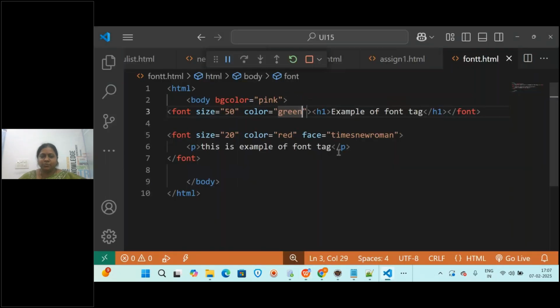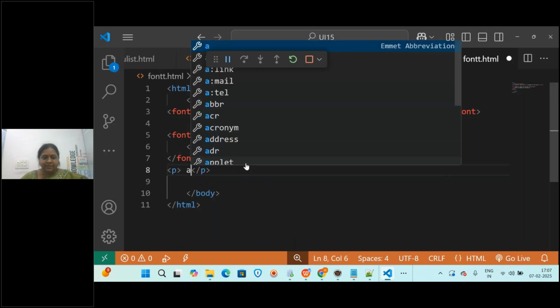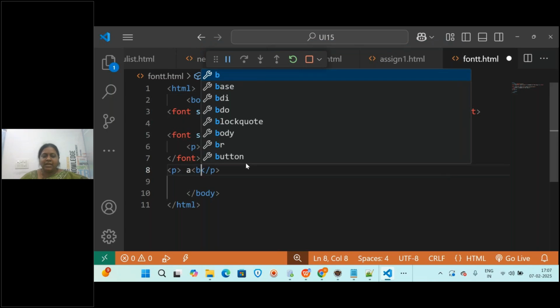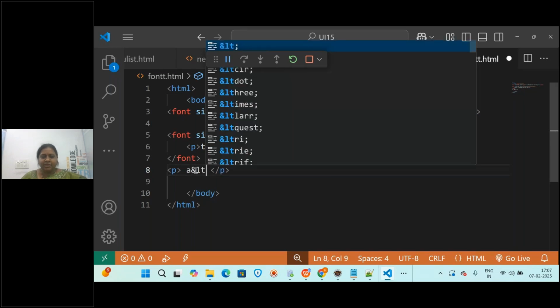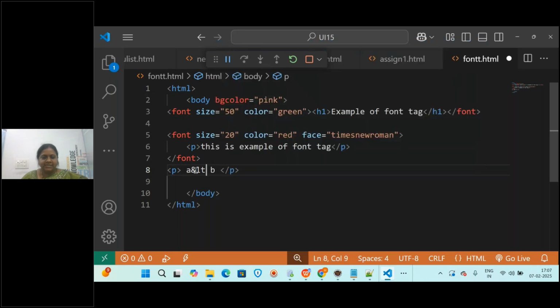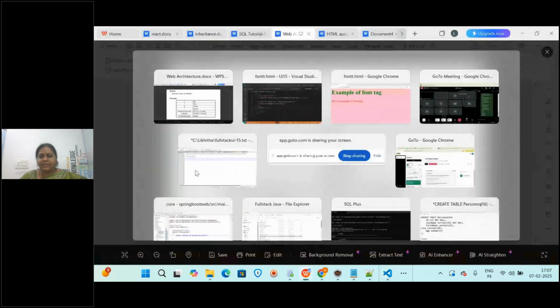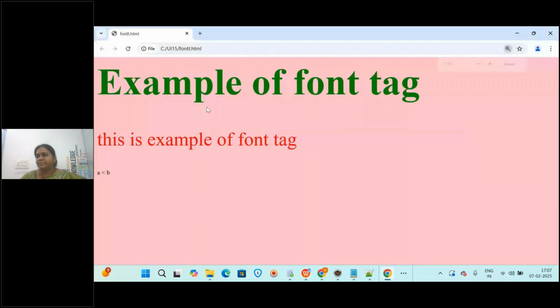Suppose you want to print A less than B here in the paragraph tag. As soon as you use the symbol, it thinks it is a tag. So how to print that? A ampersand LT B. If you write this, in the place of LT it is going to print the less than symbol. Is it printing or not?